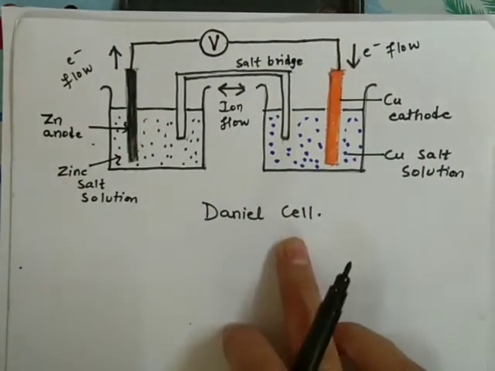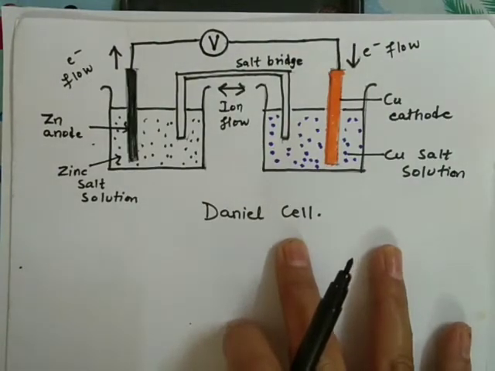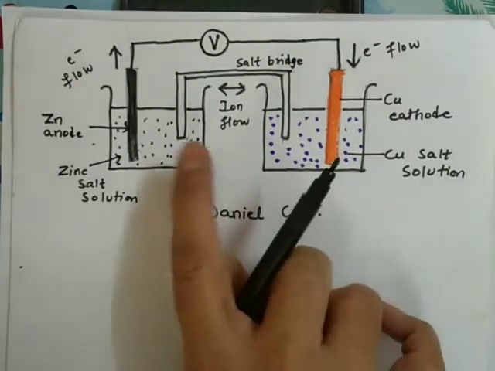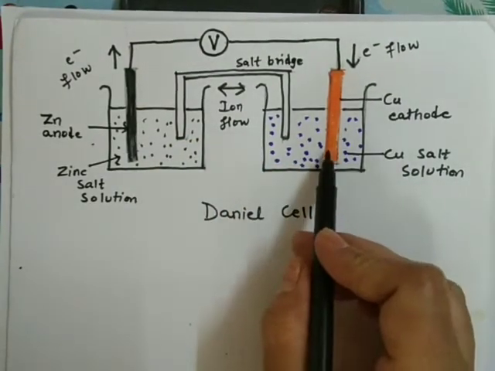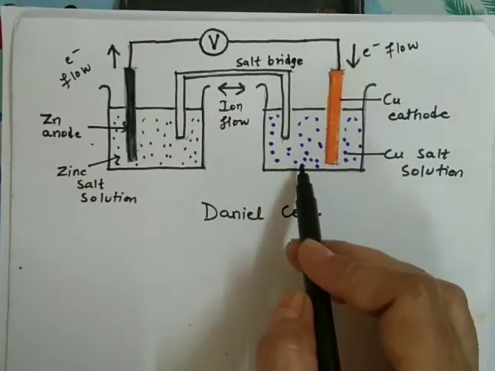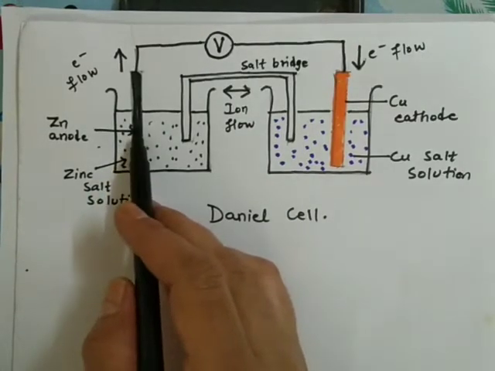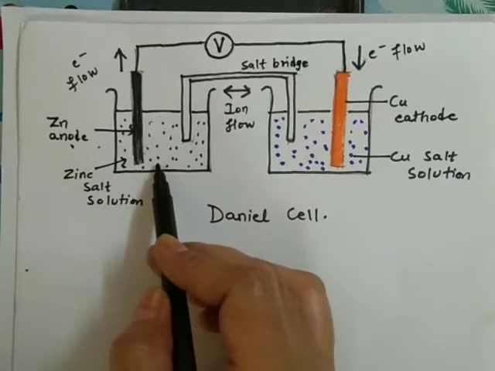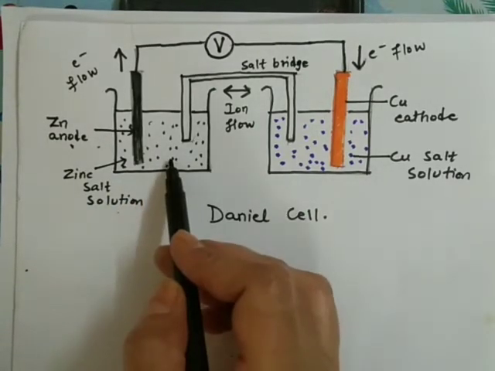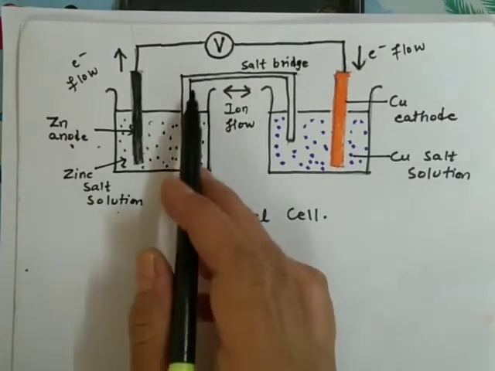Okay, it is this electrochemical cell with the help of which redox reaction takes place and hence electricity is generated. What does this Daniell cell consist of? It consists of two half cells. Right side में आपके पास जो है उसमें copper है which acts as cathode and it is dipped in copper sulfate solution. Okay, left side mein you are having zinc plate or zinc rod which acts as anode, and this is dipped in any zinc salt solution. It may be zinc sulfate or zinc chloride. These two half cells are connected with the help of a U tube.